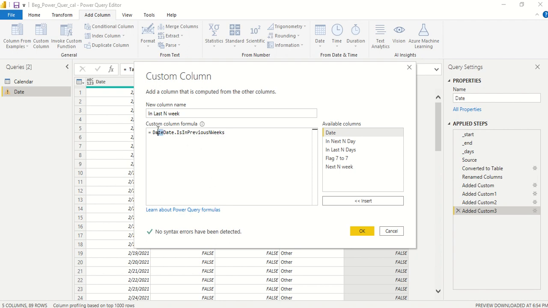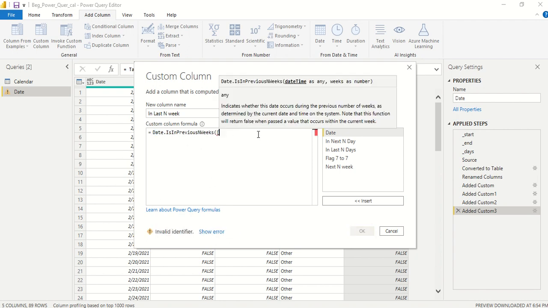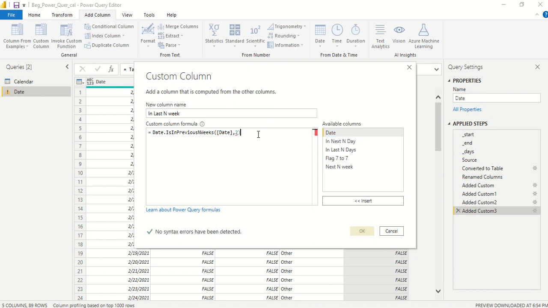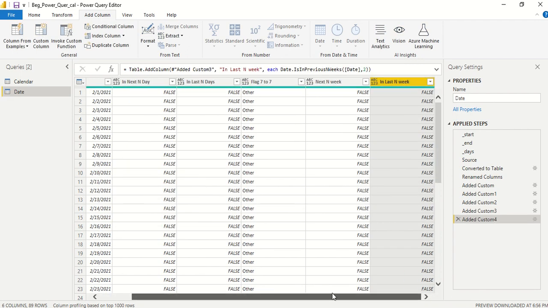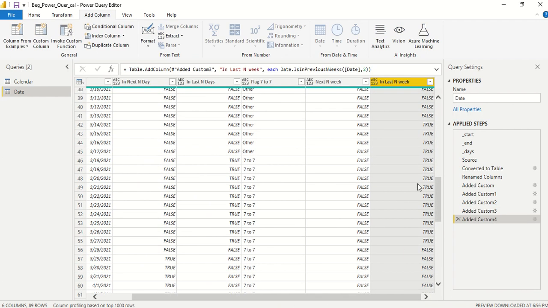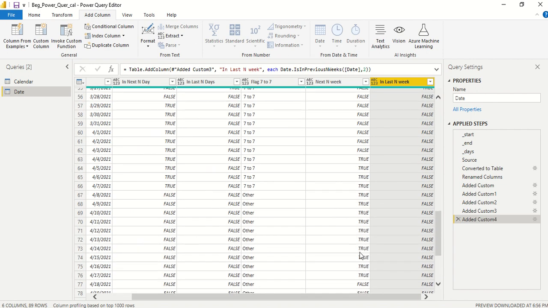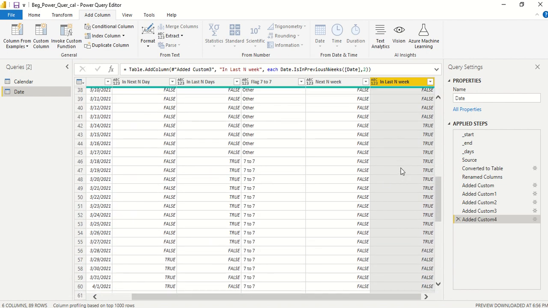Okay, we got it. Now date is doubled up, let me remove it, and let's try date and 2 only. We should get here, now we are getting true here. For a week there would be no true, and then again true. So true in two different columns, see this column for 2 weeks.